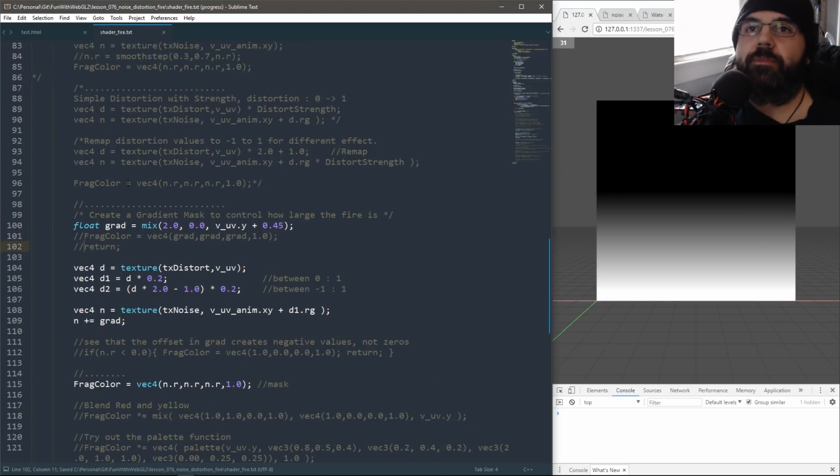So we're just repeating the distortion again. We're gonna sample our distortion. We're gonna have 2 distortion samples. We have the two samples, D1 and T2, and then we're gonna apply. So we have this distorted texture, the distorted noise texture, and what we're gonna do is add the gradient to